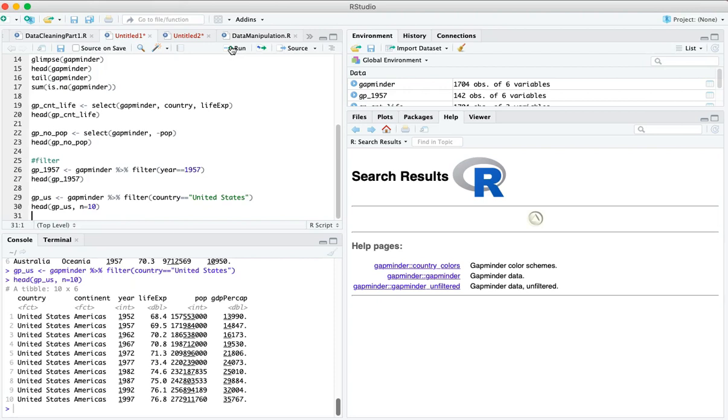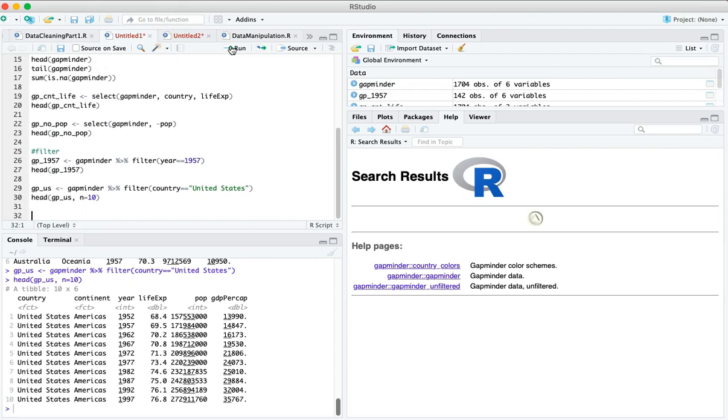So you might be asking, well, this is all great, but I have 2 variables that I want to filter by. That is no problem. R can handle it. Let's look for Asia in 1957. So we're going to filter by both the year and the continent. Okay, so we'll say GP 1957 Asia, and then assign that to Gapminder. We'll use our pipe. So we're passing the Gapminder dataset to our function. We are going to filter on continent equals Asia,